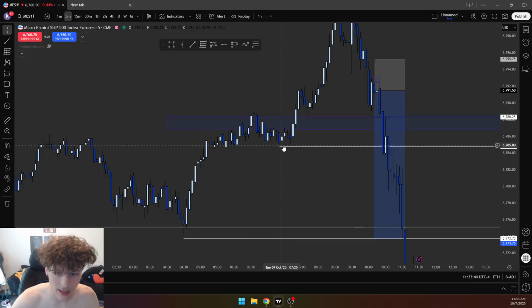But this technically isn't lows. Lows are down closed candles, the wicks of those down closed candles. My dark blue candles are down candles, and my lighter blue candles are up candles. So technically, these aren't lows. This is a low though, and that's why I marked it out. And this would be fine to mark out.